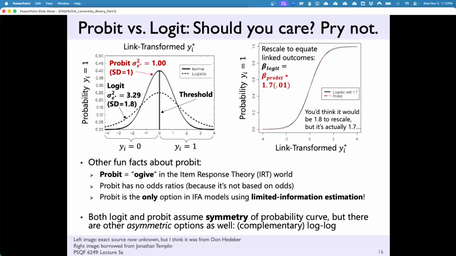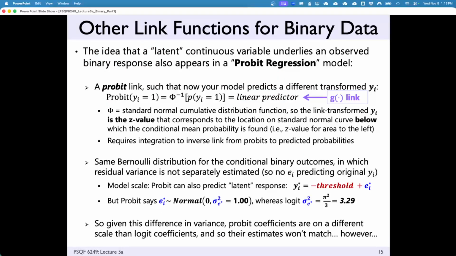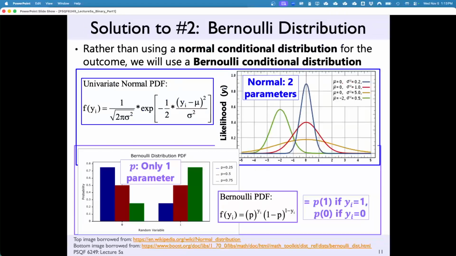It's technically like an integral. You get it from an integral. There's ways of approximating it quickly. But basically, we're working on z-scores there. The big difference between probit and logit is sort of an assumption about how much variation there is on hypothetical values that don't exist. What happens in a Bernoulli distribution? Actually, I should say that first.